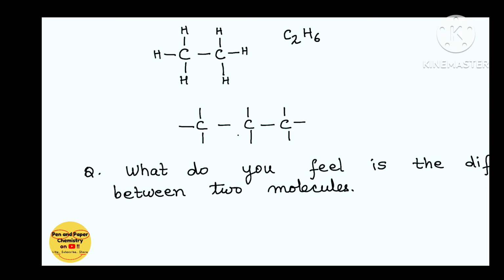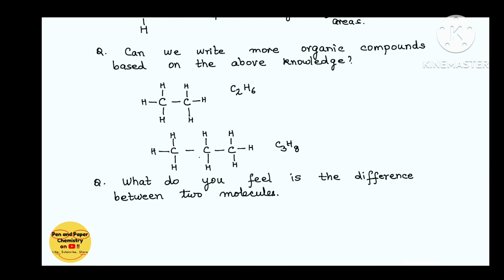Yes, so we have H, H and H, H and H. 1, 2, 3. C3, what am I writing? C3 H. How many are there? 1, 2, 3, 4, 5, 6, 7 and 8. C3H8. So this way we can build a large number of organic compounds, and you see these organic compounds,